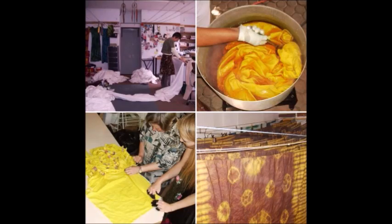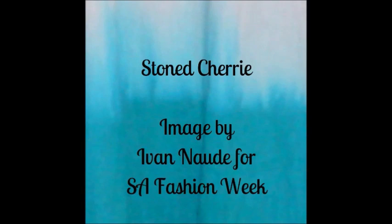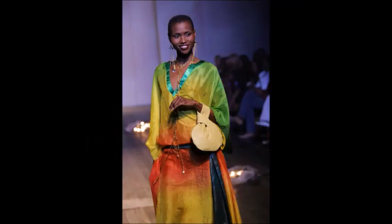I went on from there to attend my first SA Fashion Week event, and after that my world became a frenzy of mass production. Here you can see me in my factory dyeing lots and lots of fabric for the catwalk. By 2005, I had finishes on the catwalk in 5 collections at SA Fashion Week, with Stone Cherry,